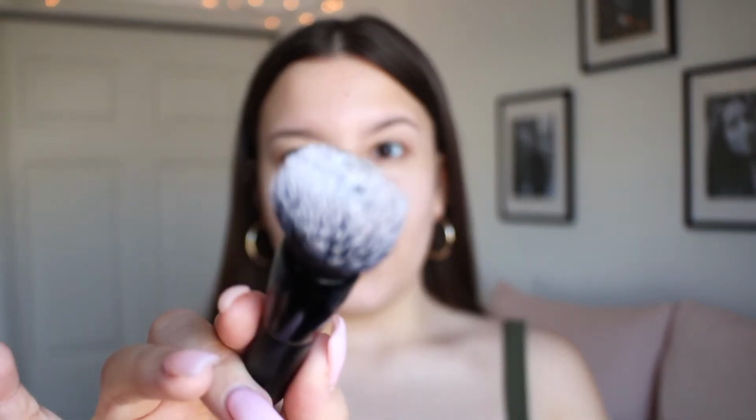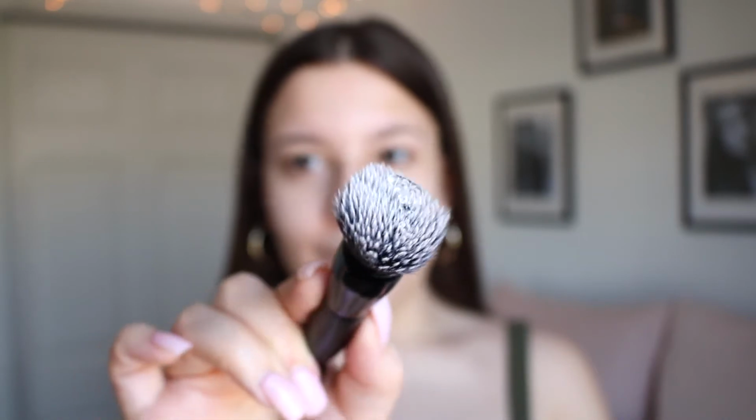So now I'm going to take the No Pore Face Primer. I always want to say No More Pores for some reason, by AOA Studio, the Shop Miss A makeup brand. I'm just going to take a little bit of this on the applicator. Can you guys see the product on the top of the brush? Just this little bit of product should be more than enough to cover the whole face. I really just want to quickly buff this in, and it just adds a whole other layer of smoothness onto